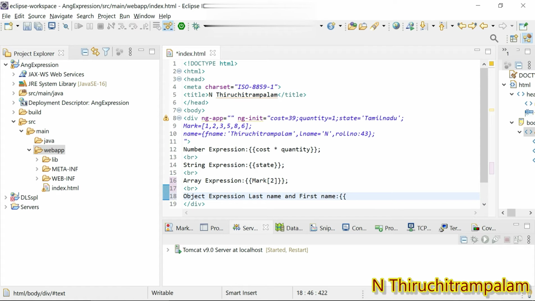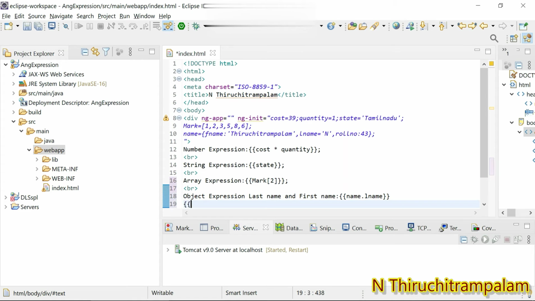Here I use two curly braces, and within this I use the variable. The property name is name, then dot key name. The key name is L name. So name dot L name.